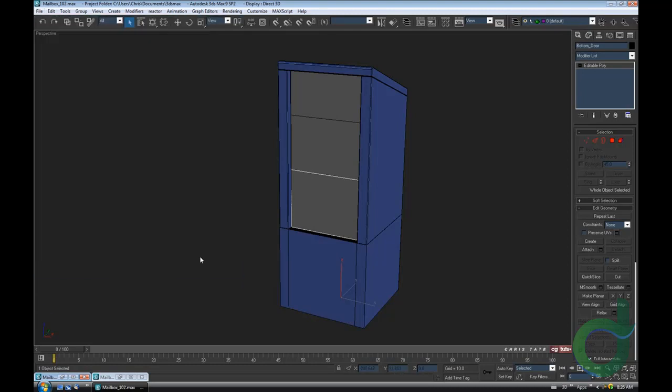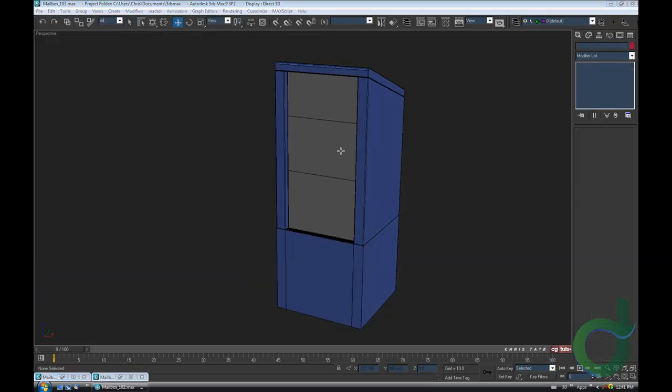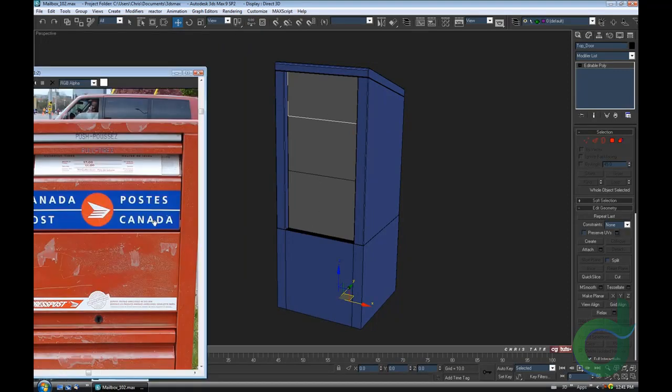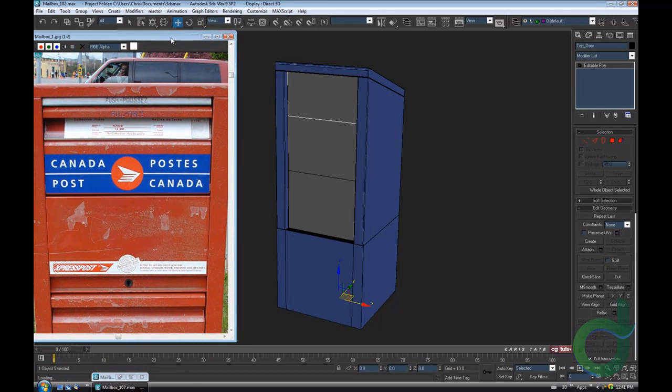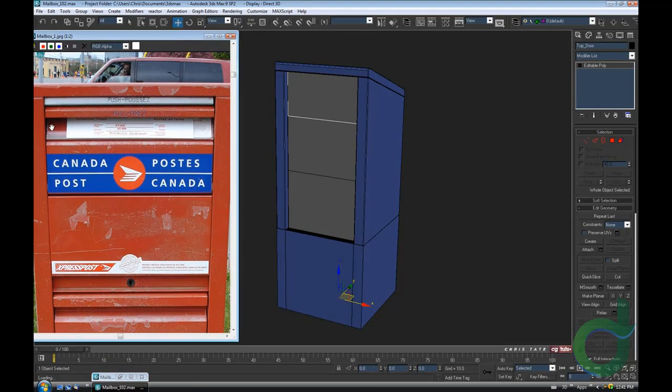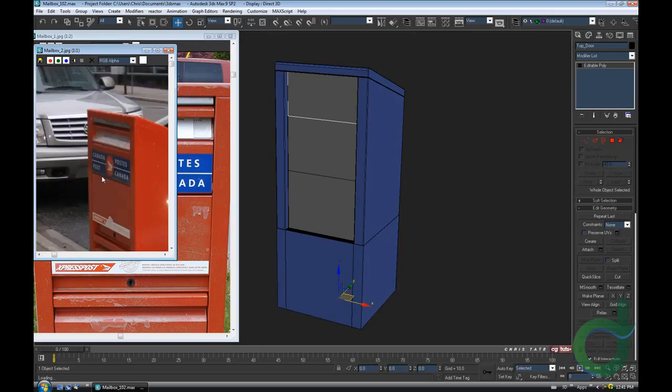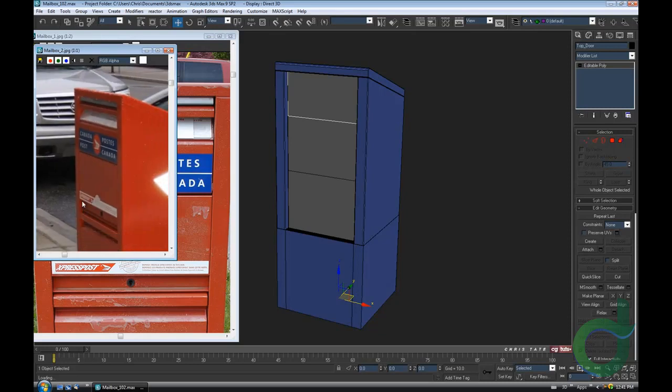Alright, save another copy. Okay, so let's start on the top door, so I'm just going to select that, and let's open up our reference again. Alright, so going to be a little harder to judge from this angle. I might actually use this side profile type of shot, just because you can see the shape of the door, the profile, a little easier. Okay, so